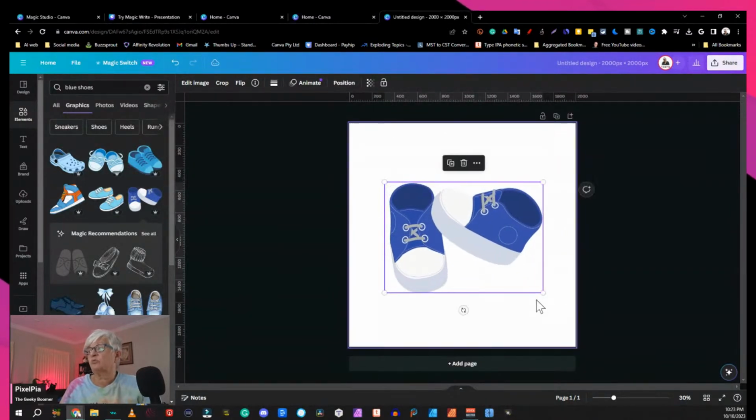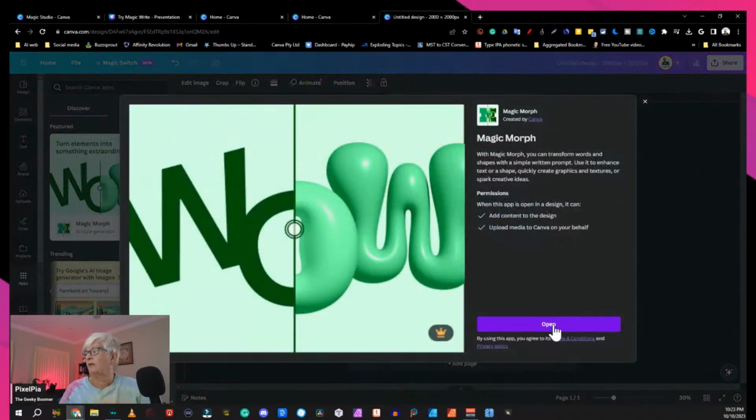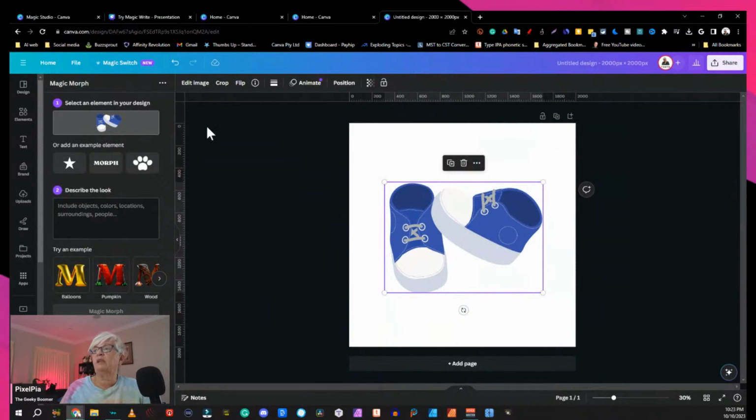Now I'm going to show another new app that they have. And you can find it by going to Magic and Magic Morph. I have used it, so it shows up on top here. If you don't have it, you can just search here for Magic Morph. And we open it, and now we have that in our image. We have to select the image that we want to morph, and then